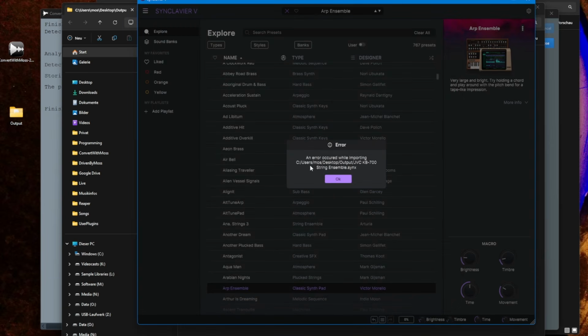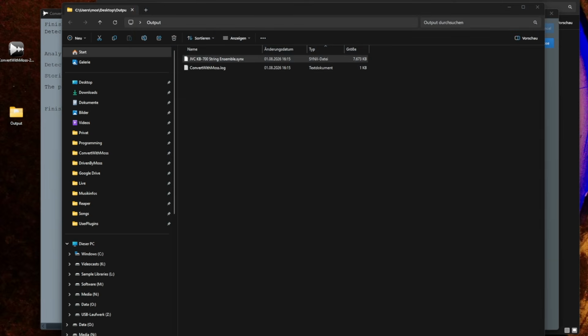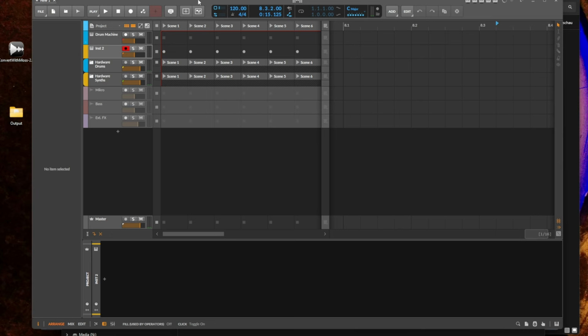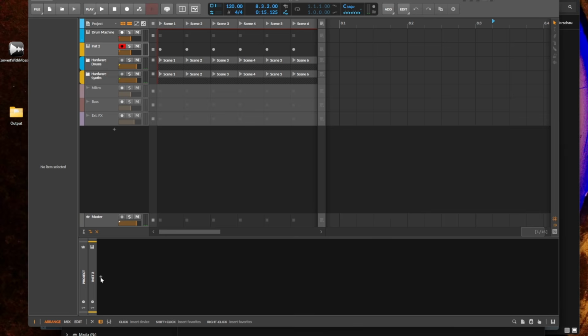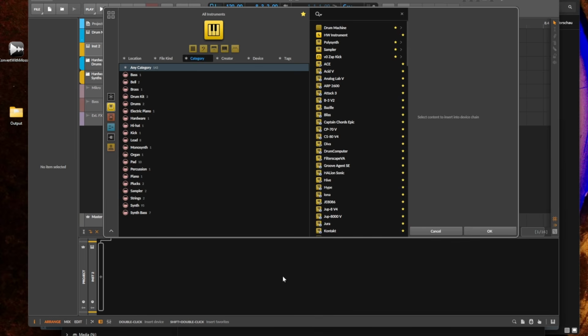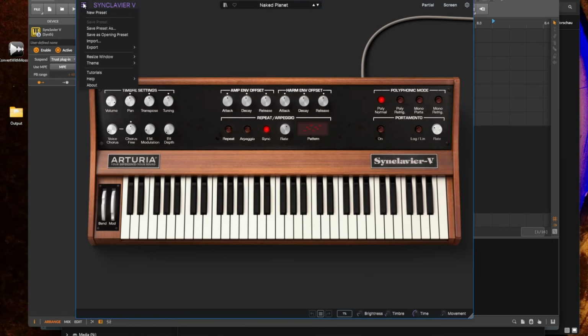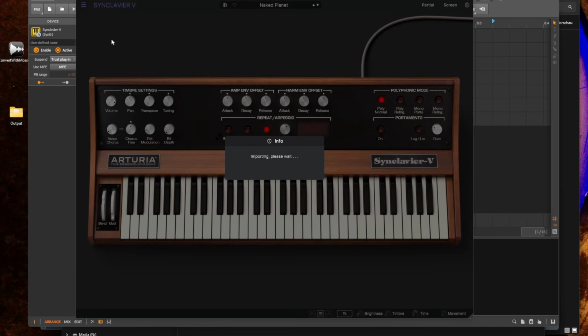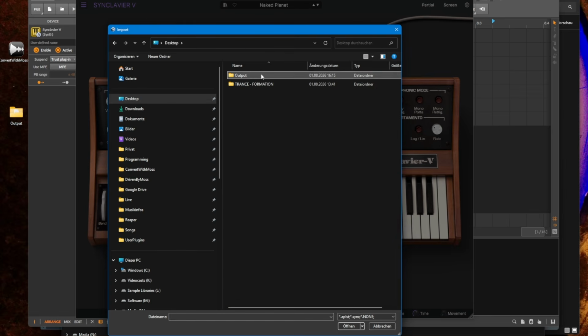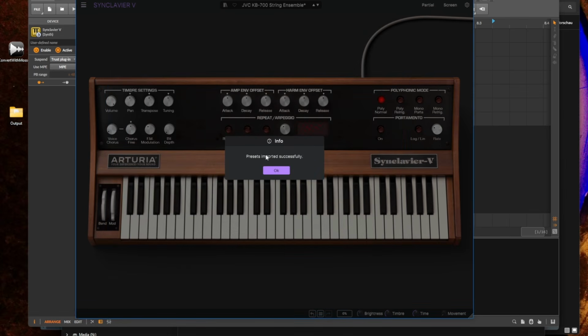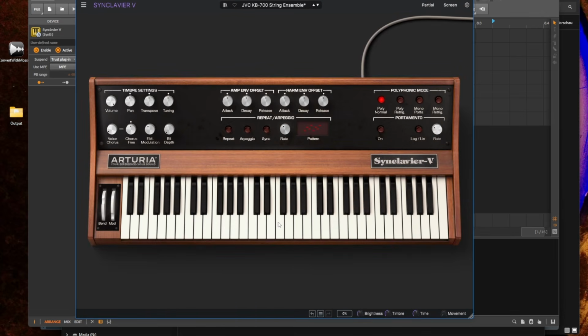And it says it cannot do it. No idea why. But if I run it inside of a DAW, so for example, let's fire it up here in Bitwig, and if I choose import here, again on the desktop, here we are, then it works successfully